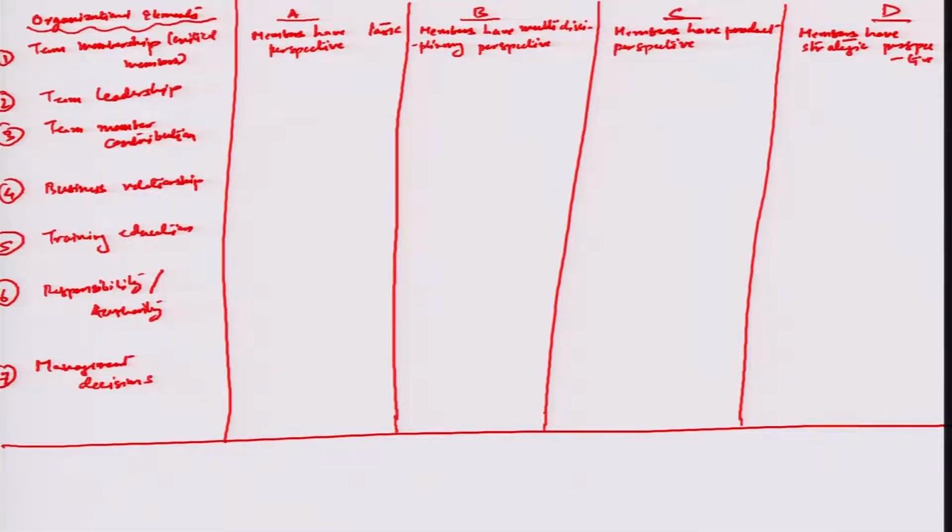Okay, so that is how team membership is categorized. Similarly, if we look at team leadership, we will have again a theme which is related to the effectiveness of the team leader. And so, here we will talk about, let us say in one case, there is only a management appointed team leader,